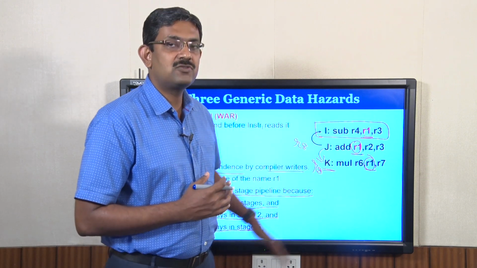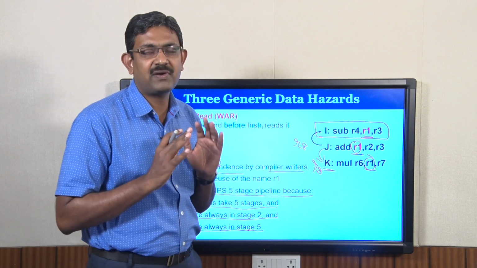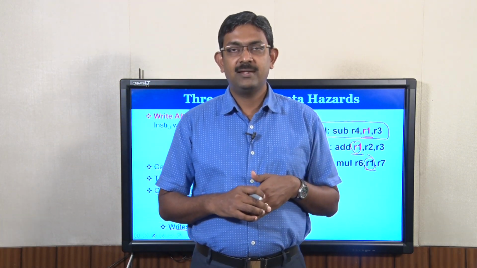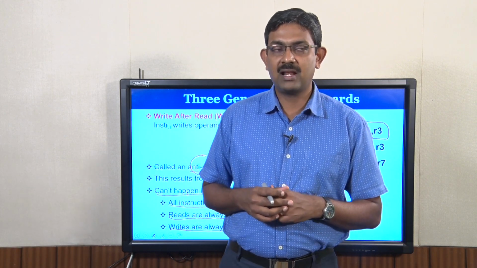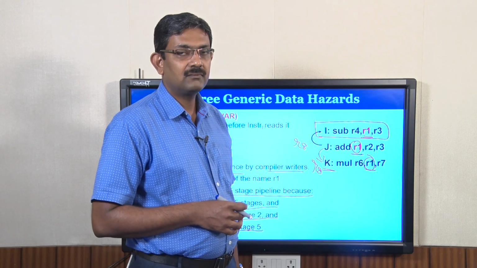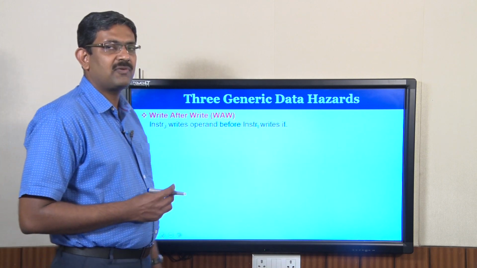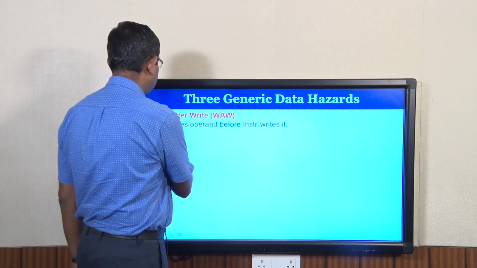So, when we have longer pipelines which take more than 5 cycles, and when we have out-of-order execution, then whenever there are instructions which have a WAR pattern, they are going to create an issue. The third type of hazard is known as the write after write hazard,